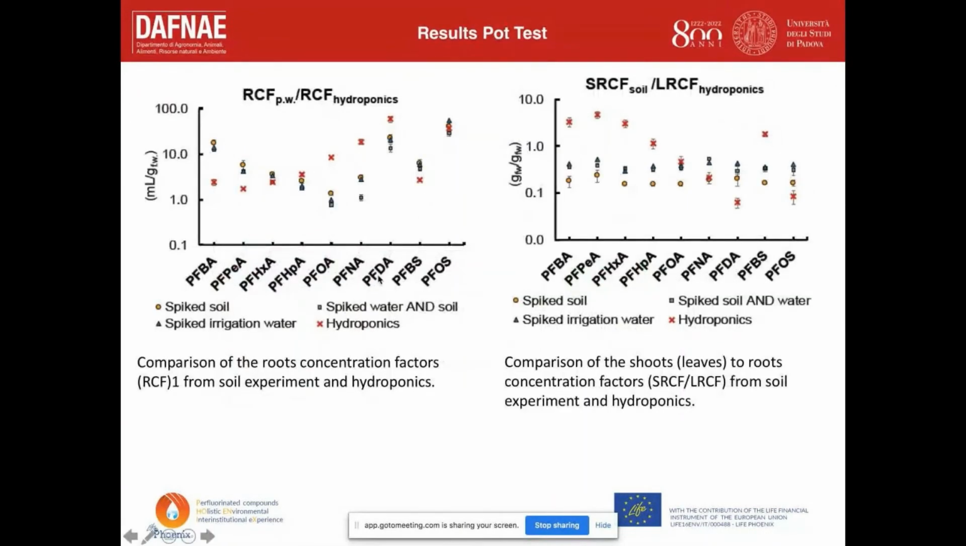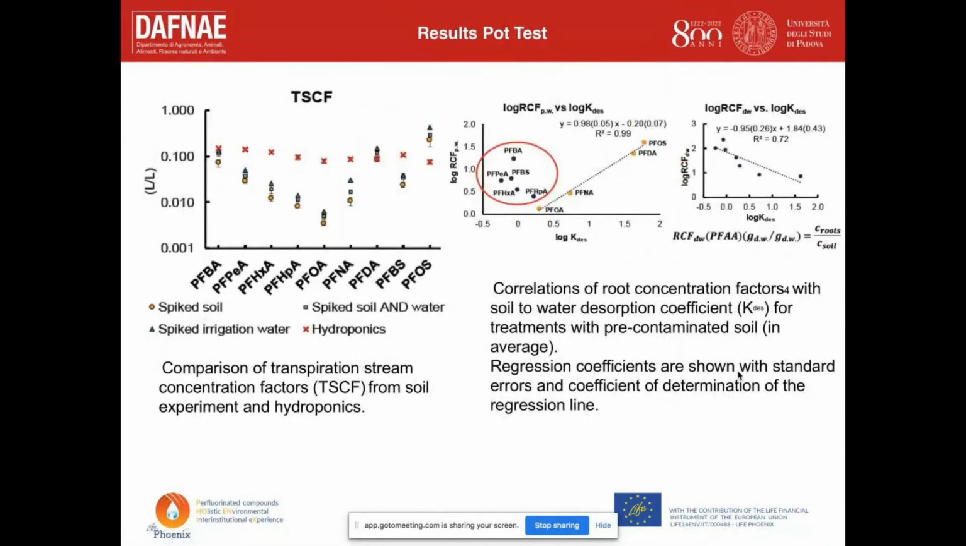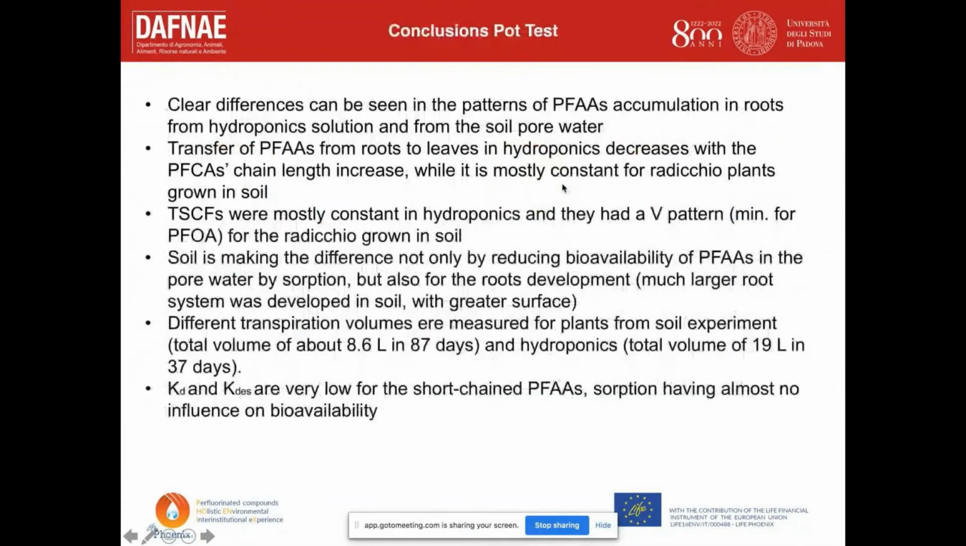These are the results related to the concentration in water and the concentration in the soil, from the roots concentration and the shoots concentration. There is a very interesting correlation of the roots concentration factor with the soil-to-water coefficient, the KDs, for treatments with pre-contaminated soil. This is quite interesting. So just to summarize very quickly, very sorry for going very fast, but I try to accelerate